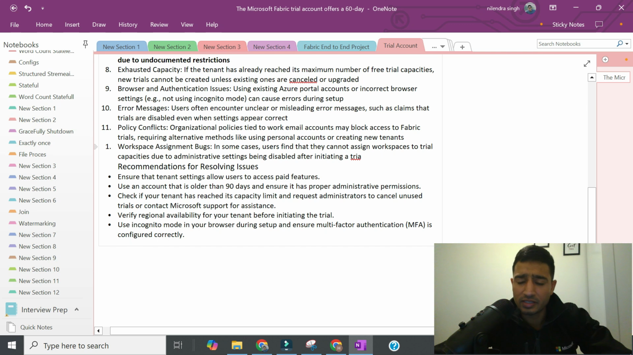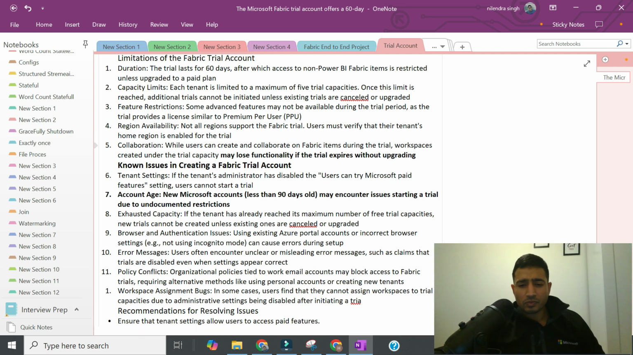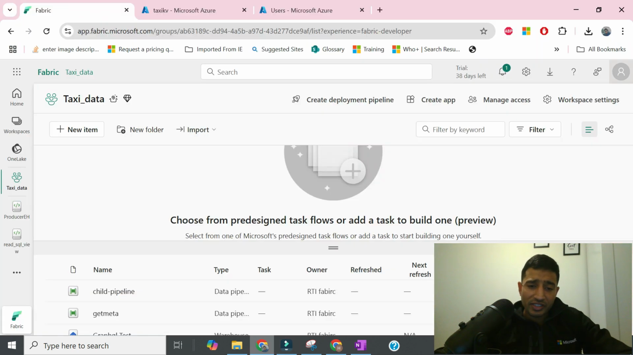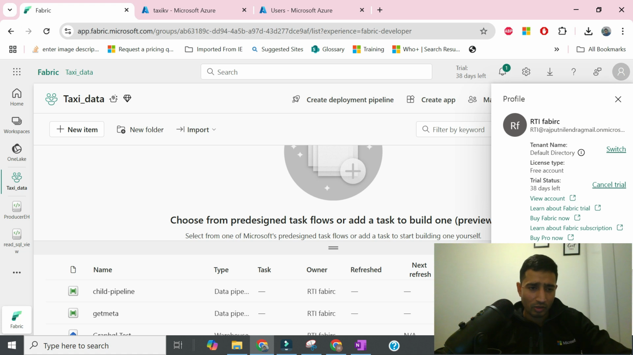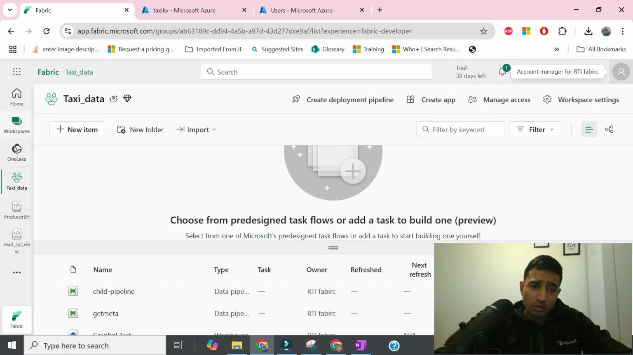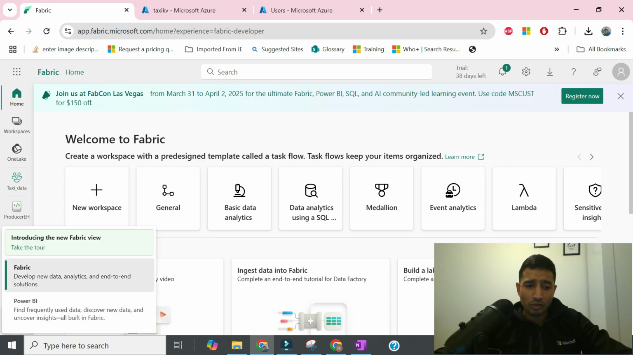Cool. So this is what I want to focus on first. What are the known limitations? People might be confused why the trial account is not getting created. So what I have done, I have created a Fabric trial account with my user RTI at Microsoft.com, and once you go to your trial account, you will reach this page, right? And then we have to go to Fabric,